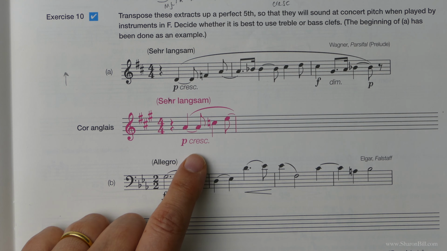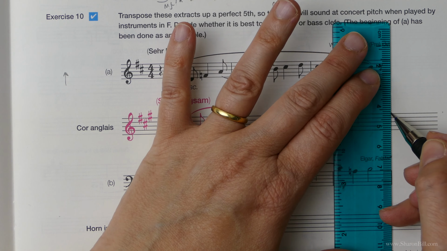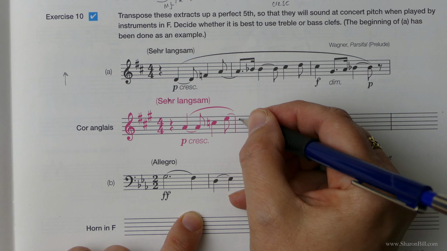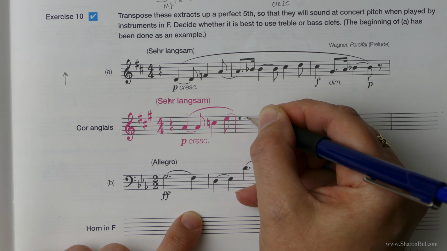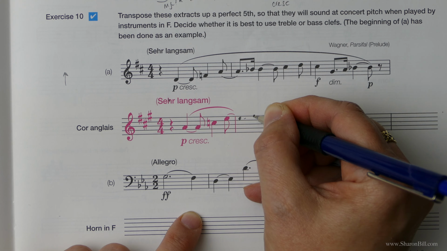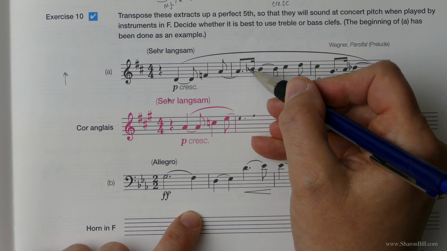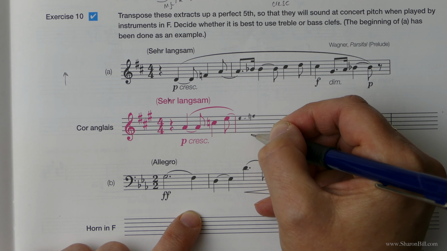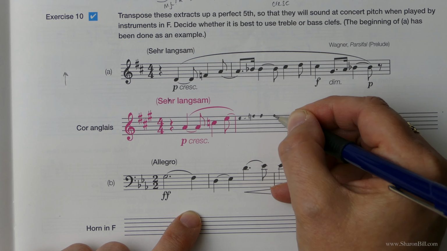So let's carry on and just complete this. If you want to go ahead and try this on your own, please do so, and then come back into the video and we'll check it through together. Always write it in pencil, and it doesn't matter if we make a mistake. It's always better to learn that way. So let's carry on in step here. This next note takes us to an F. Now in the key signature that would be F sharp. Here the B has been lowered by a flat. So to lower the F sharp by a semitone, we need to add a natural sign to have that same effect. So carrying on,